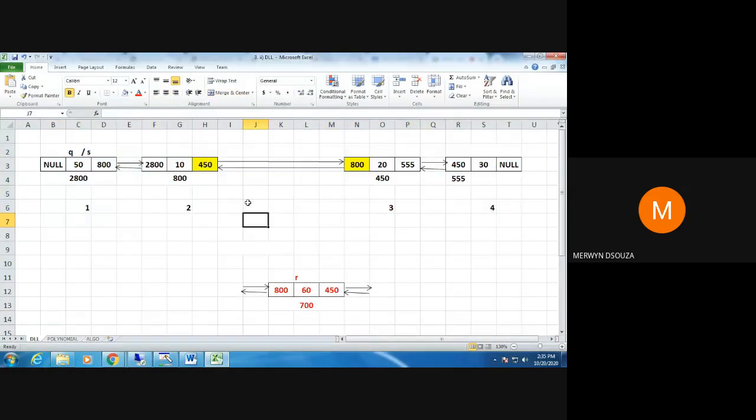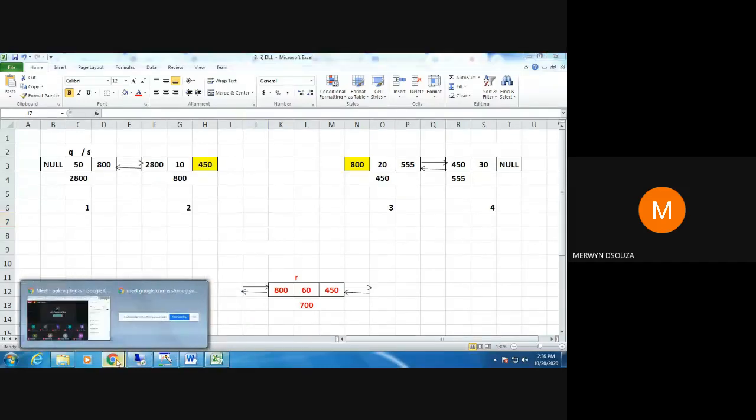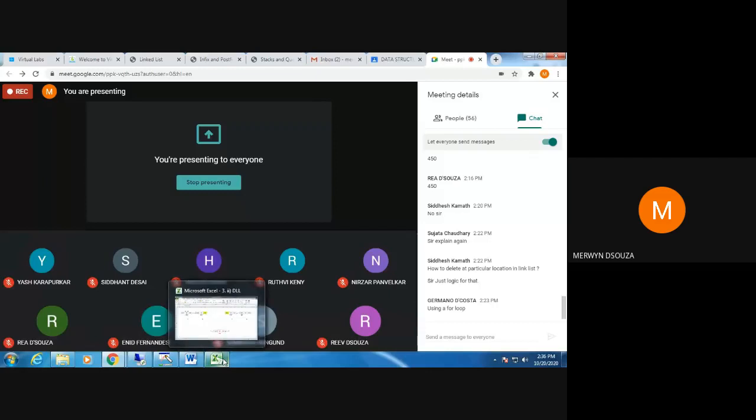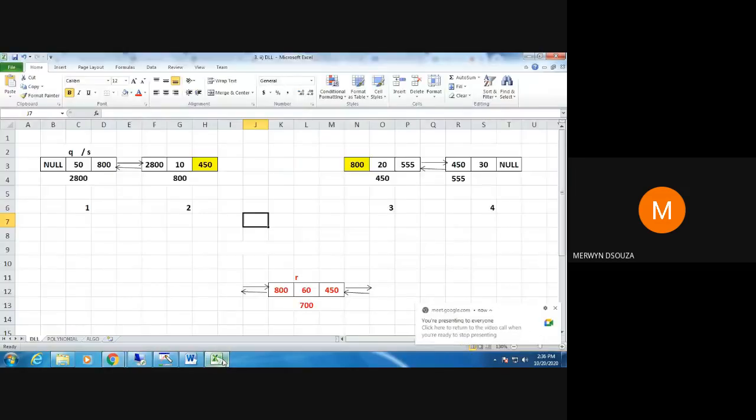Now to link these two nodes with each other, we have this programming here. Did you understand this concept, what we are doing now? Siddesh, you will have to try that logic. I'll tell you that logic later, but you all can try to program that later. Right now I'll just explain this part again. I hope you got this.